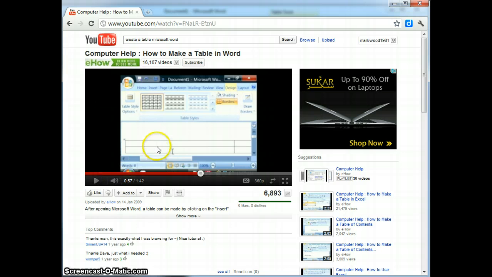Now, as you can see, this way of receiving help gives me not only the visual step-by-step instructions that I need to go through to solve a problem, but there's also audio on top of that where there's a man speaking telling me what I need to do in order to solve my problem. So for me, this is a very helpful resource for receiving help and guidance on how to solve a problem when using a computer.